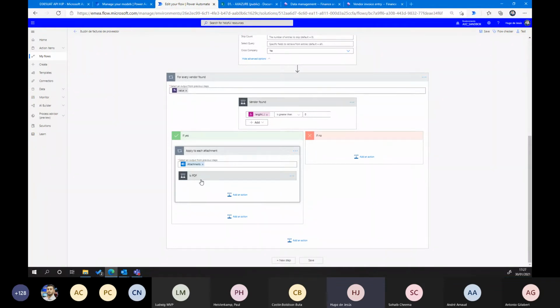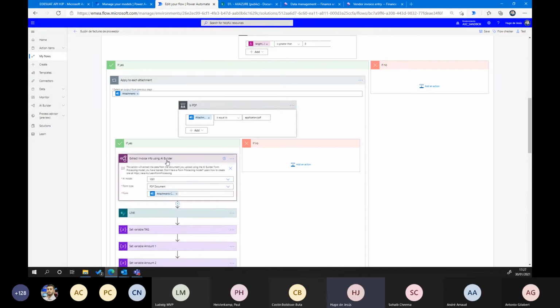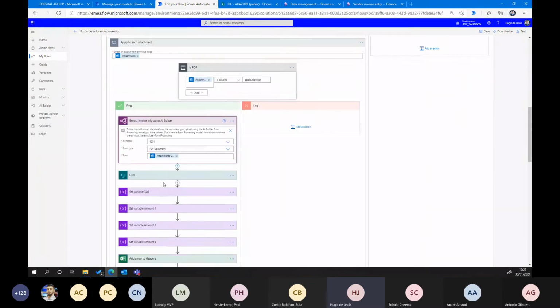In this demo, we only use PDF, but you can use PDF, JPG, all image formats. If it's PDF, it gets the attachment of the mail and starts AI Builder to extract all the information.